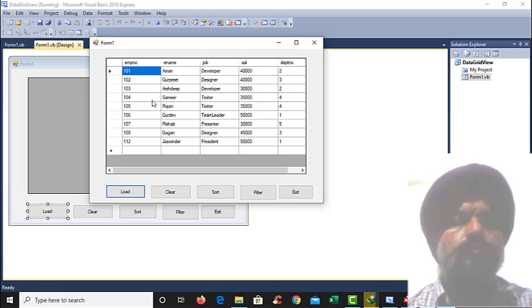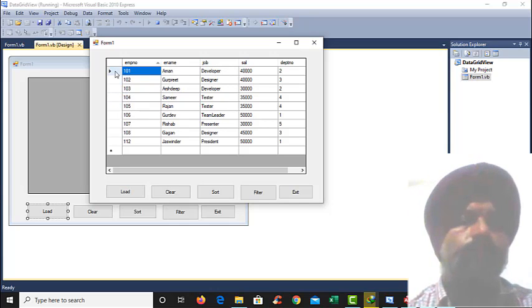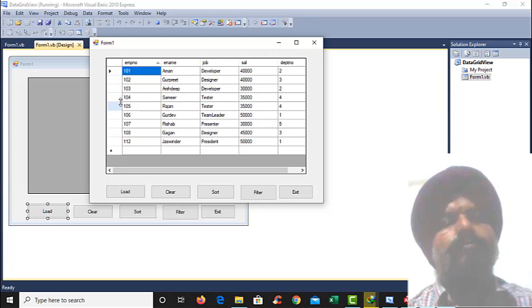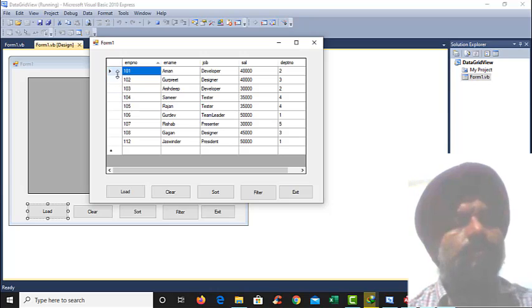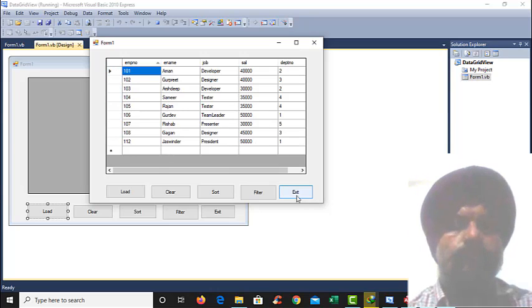Rather than referring to the index number of columns, we can put the name of the columns, that is EMP number, ename, job. We can use these as well, but we don't have any option to refer to the row by name. Instead, we use their values 0, 1, 2, 3, and so on. That is the index value of the row.